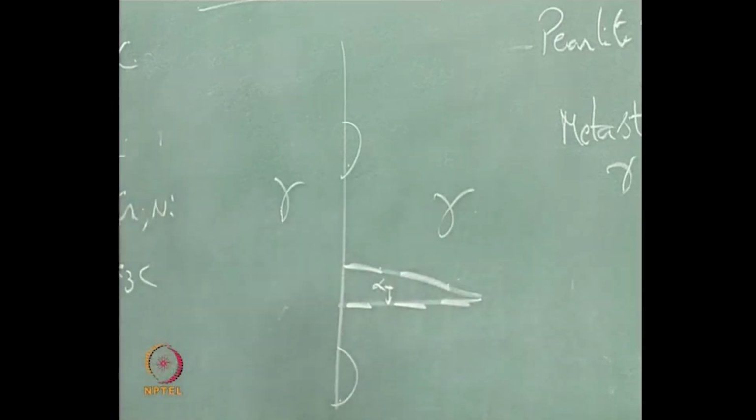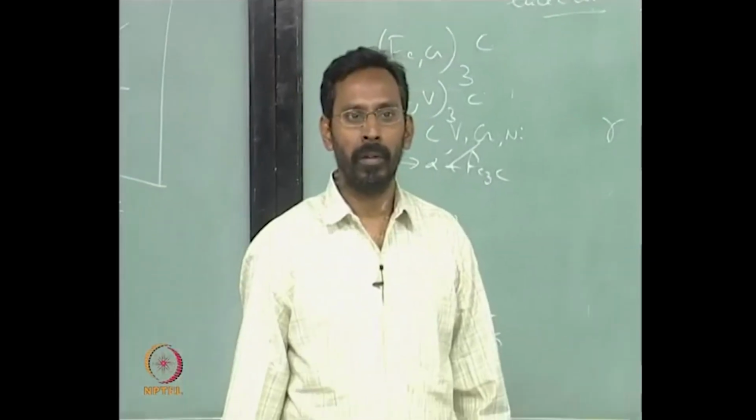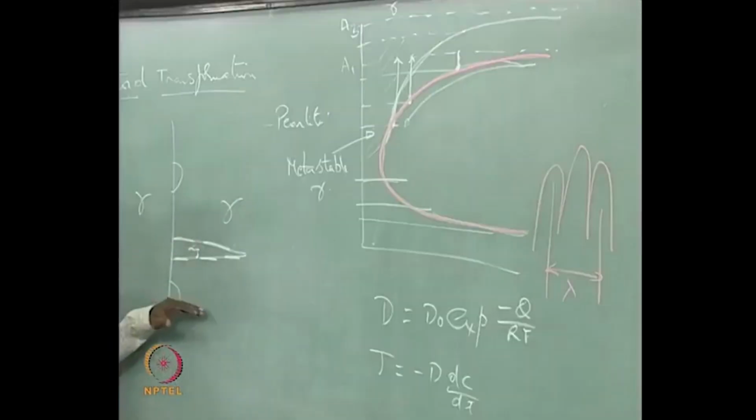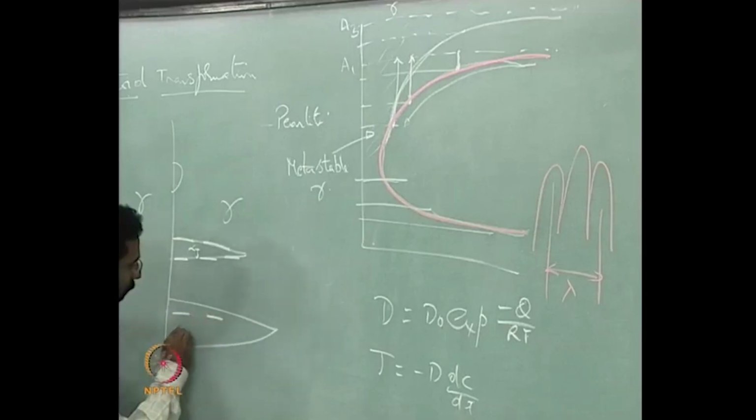along this interface of gamma alpha interface, and this is what we call upper bainite, where the carbon can diffuse up to the interface between alpha and the gamma in the acicular structure of alpha and forms at the boundaries of the acicular structure of alpha. And if the temperature is low, it precipitates inside alpha,